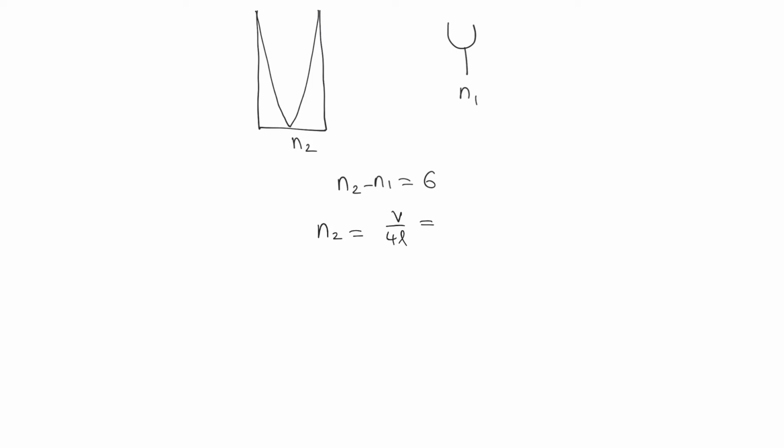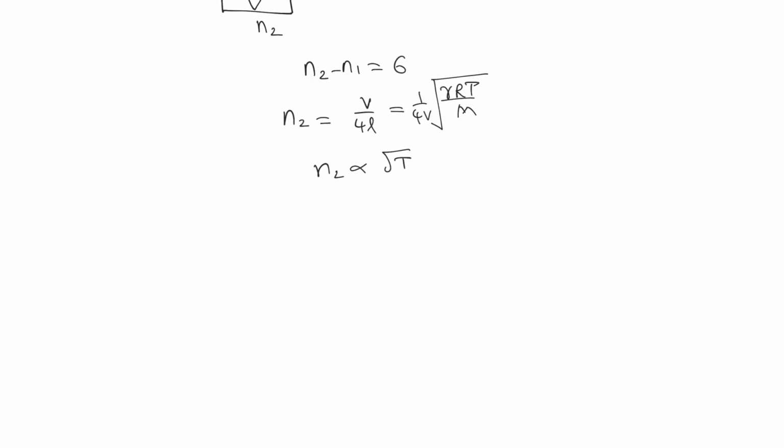and the value of V we can write it as velocity. Velocity is nothing but root of gamma RT divided by M. So basically this frequency is directly proportional to root of T, and the initial temperature, which is given, that temperature is equal to